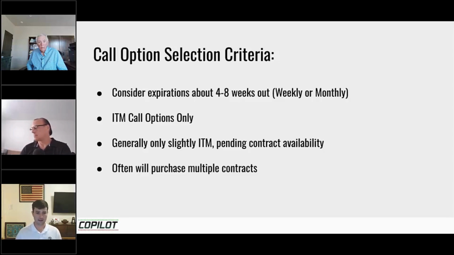and 8 weeks out. We're only considering in-the-money call options, and for how we like to trade these CoPilot signals, we're generally only looking slightly in the money. Of course, this is also pending contract availability. Some stocks don't have all that many options available, but we're generally looking for slightly in the money call options to trade with these. And also we look to generally purchase multiple contracts as a part of our positions for